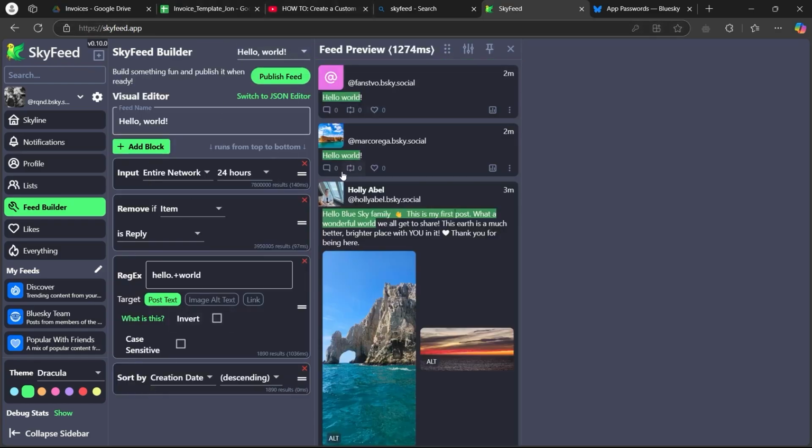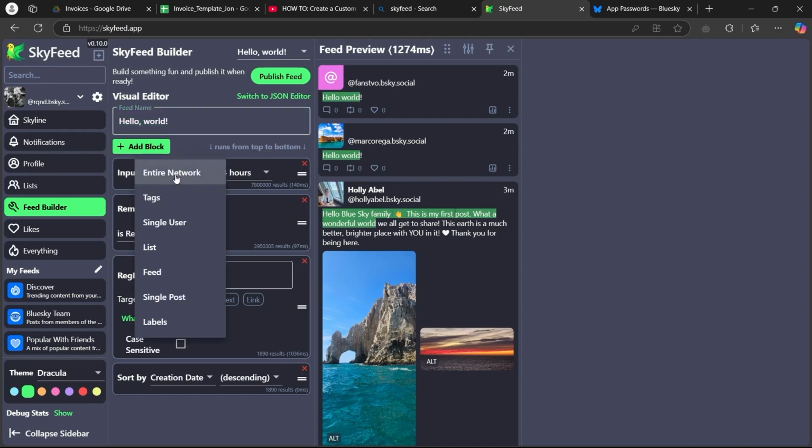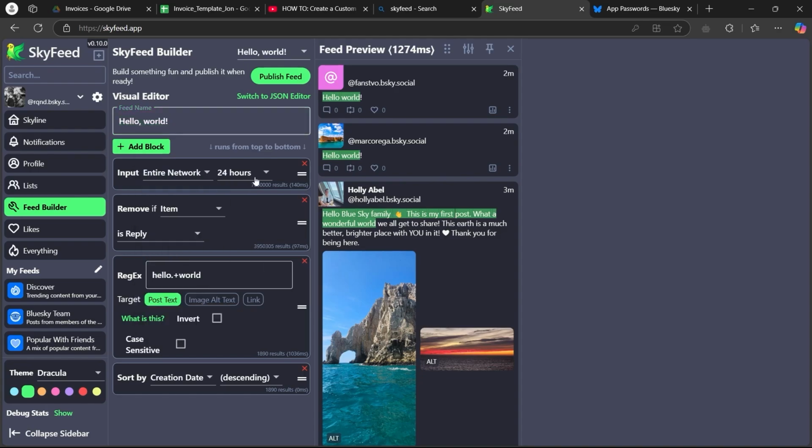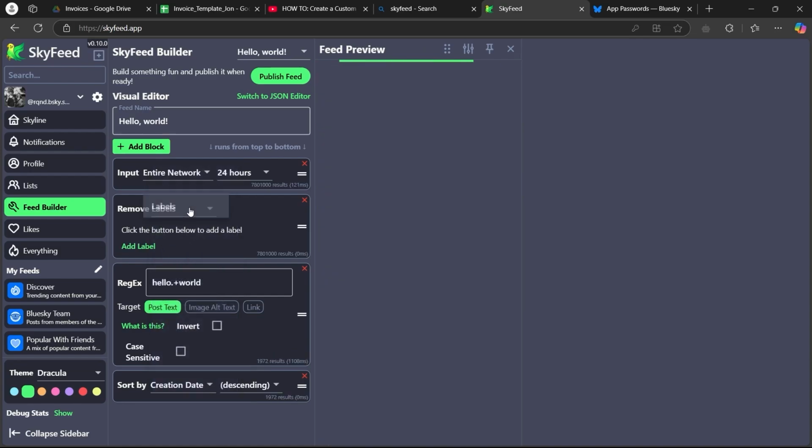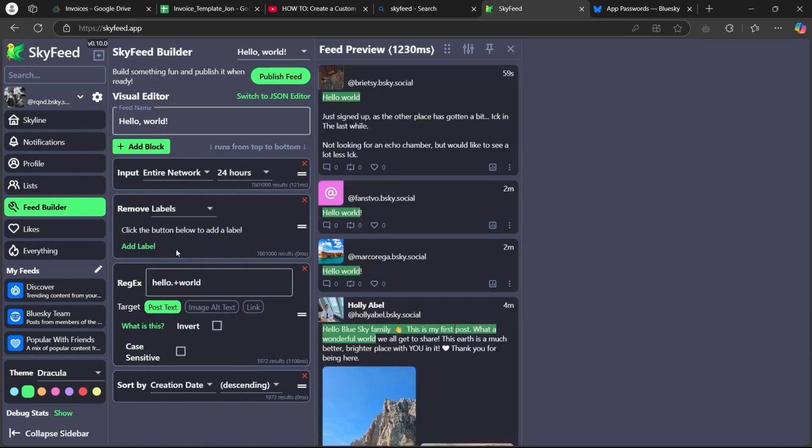Now, in order to create a custom feed, you'll have to just enter your feed name here, then click on add block. After this, you'll have to choose the input where you are searching from in the custom feed. You can also navigate here, click on this and choose the time duration. Now, if you want to remove something from your feed, you can choose whether it is item, image, like, reply or anything else. Select it, then click the button to remove it and that specific thing from your feed will